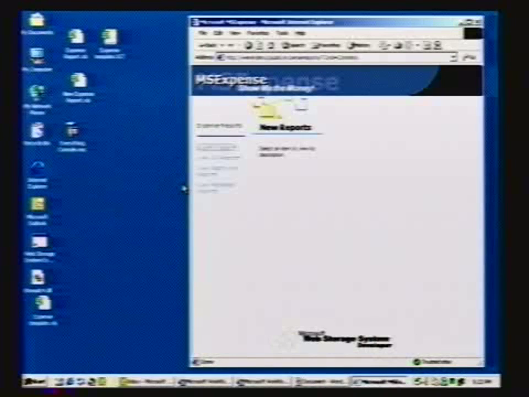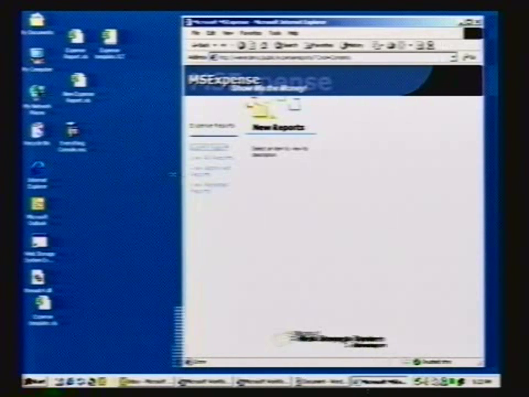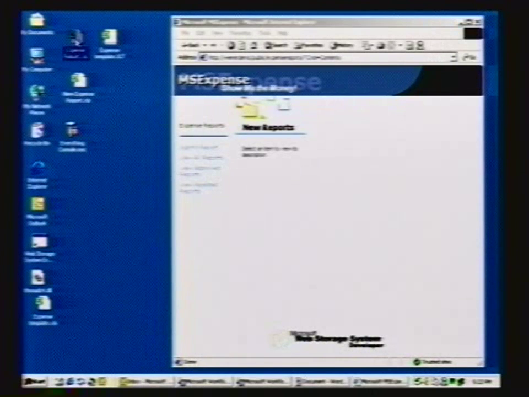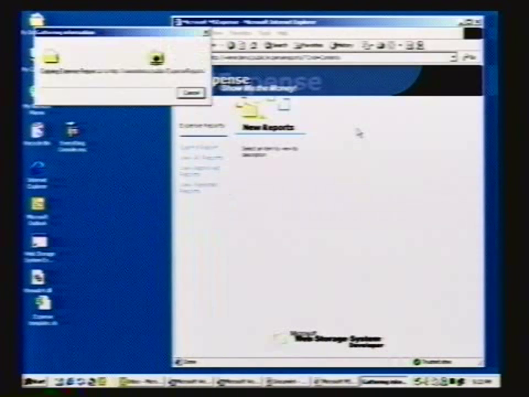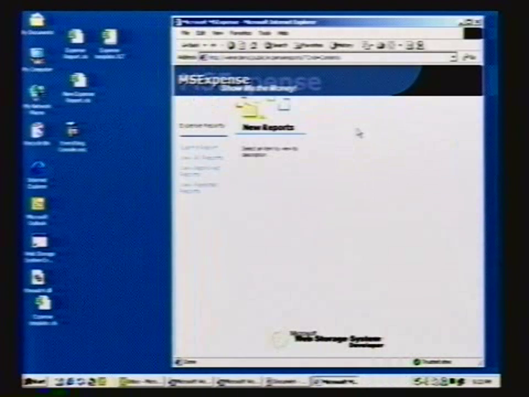Okay, so same view, different machine. And what I'm going to do is go ahead and submit my expense report. And what I'm doing is I'm submitting my document. I'm able to copy that directly into the store using the web folders view, and that's actually submitting it back to my server via WebDAV. Now what's happening in the background, which I can't show you, is it's taking those properties that I specified in the Excel spreadsheet and it's promoting them as metadata within the web storage system. So when the event is done firing,